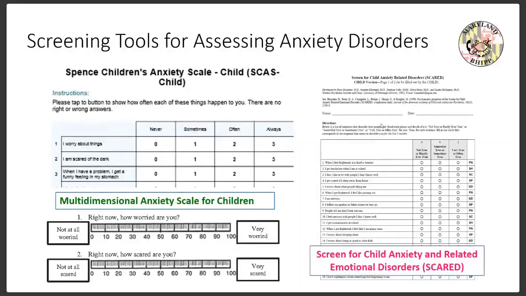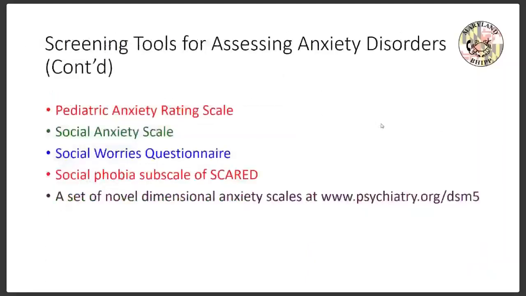The Preschool Anxiety Scale, which is not shown, is a parent report adapted from the Spence Children's Anxiety Scale that was developed for screening for anxiety in young children, ages 2 to 6. The SCARED and the Spence are available online and free. Second, the Pediatric Anxiety Rating Scale, which is frequently utilized as a primary or secondary outcome